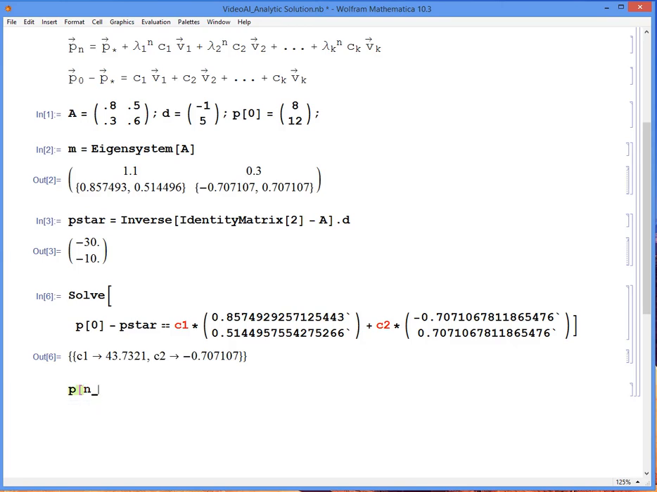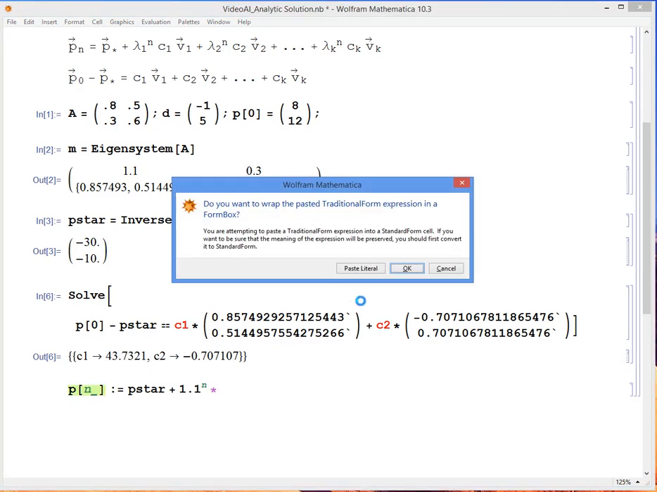So I'm going to define it the same way that we do it with our recursion equations. So P bracket N underscore, close the bracket, colon equals, and so it's P star plus lambda 1, which was 1.1 raised to the n. If you use Shift 6, that would work, or you can hit Control 6 and it will put the exponent up there. So that's what I'm going to do. Looks a little bit cleaner. Times C1. So I'm just going to copy and paste these values so I don't make a mistake. So times C1